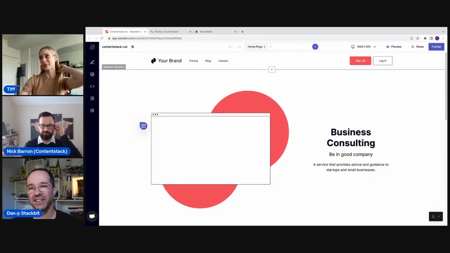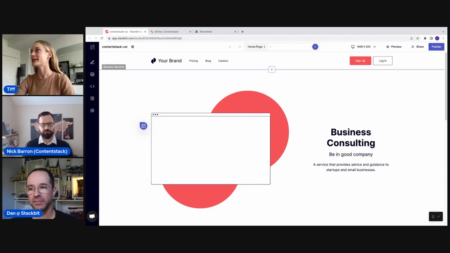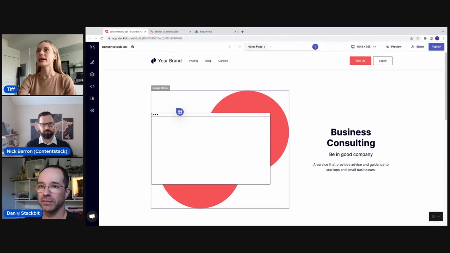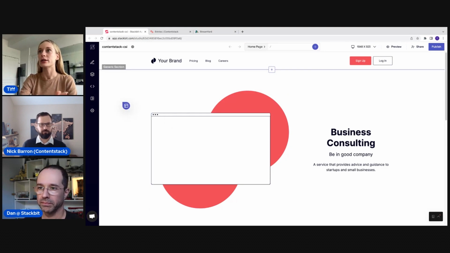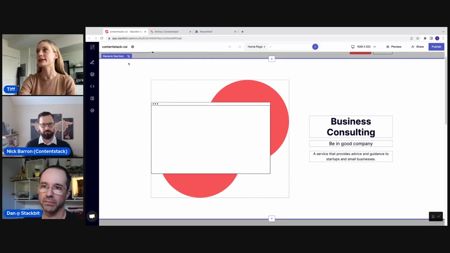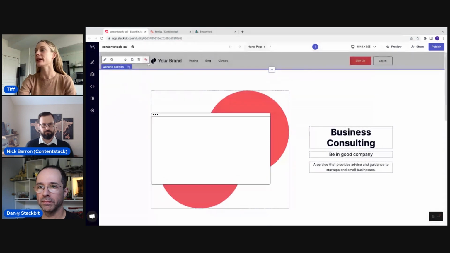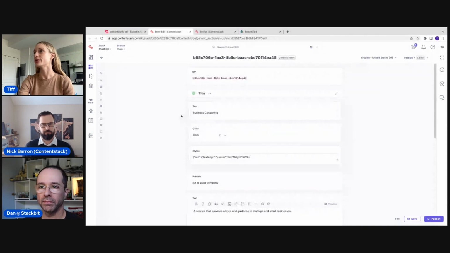So you can see here I have up on screen a website that is using both Stackbit and Contentstack. It doesn't look like your typical site, in the sense that there are a lot more features and controls thanks to Stackbit's visual editor. But to hone in on what Dan and Nick were both saying around this two-way sync with content, let's go to Contentstack. I want to specifically focus on this template here. So let's go edit in Contentstack, and it'll take us right to that section.